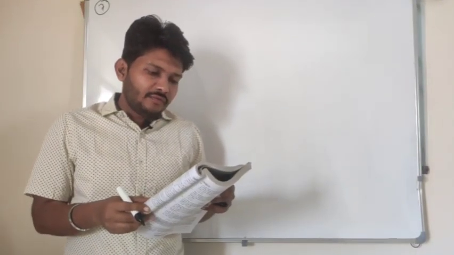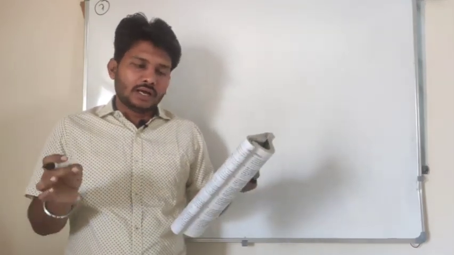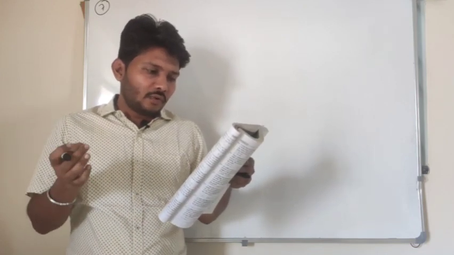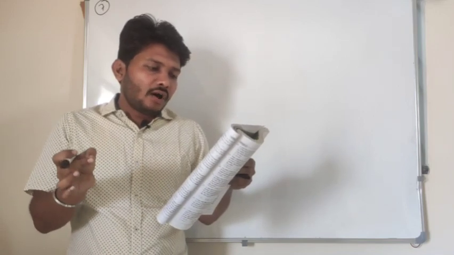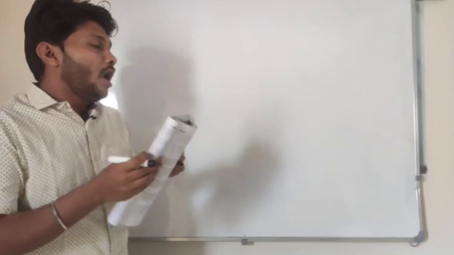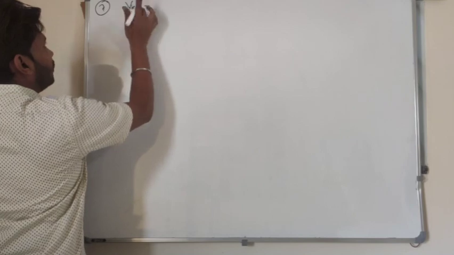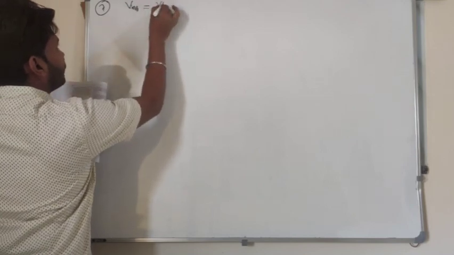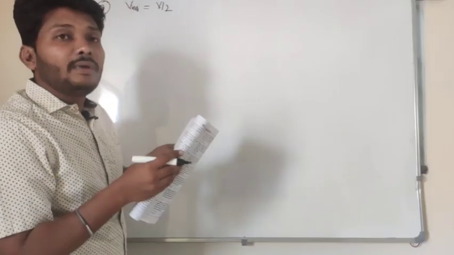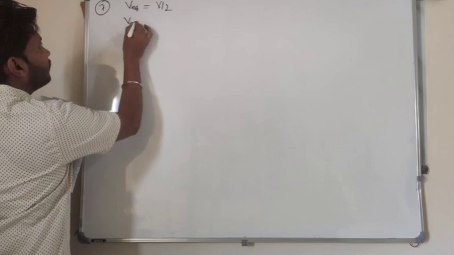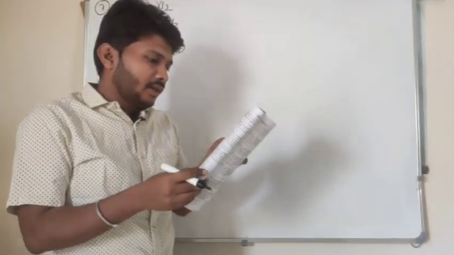Two solids A and B float in water. Look here, two solid materials are there, A and B. These two materials float on the surface of water. It is observed that A floats with half of its volume immersed. So the volume inside for object A is V by 2, right? And B floats with 2/3 of its volume immersed. So the volume inside for object B is 2/3 of the volume given, right?